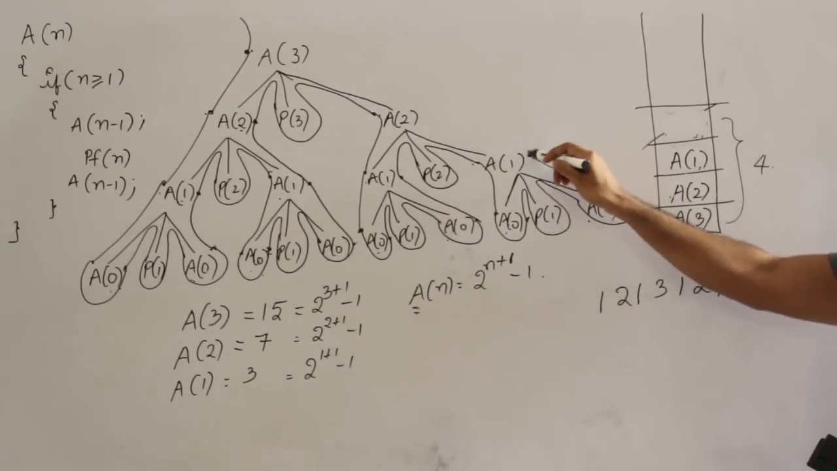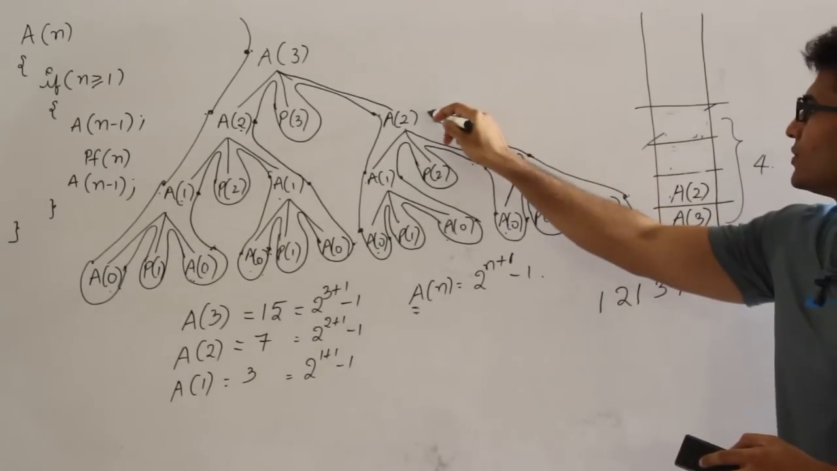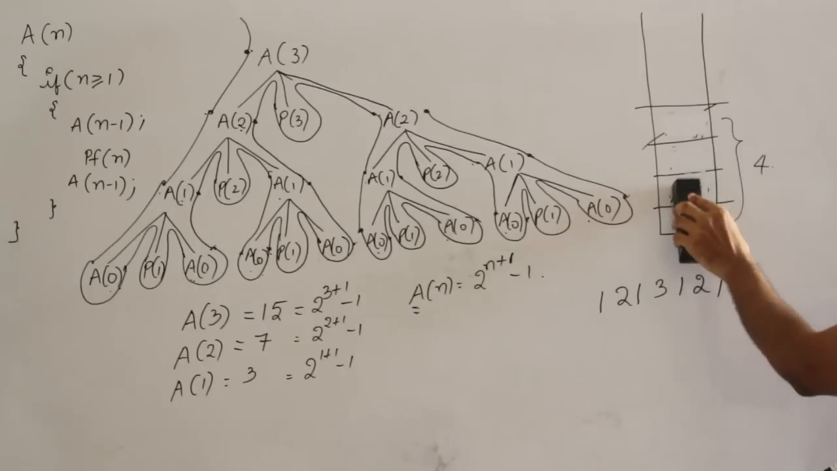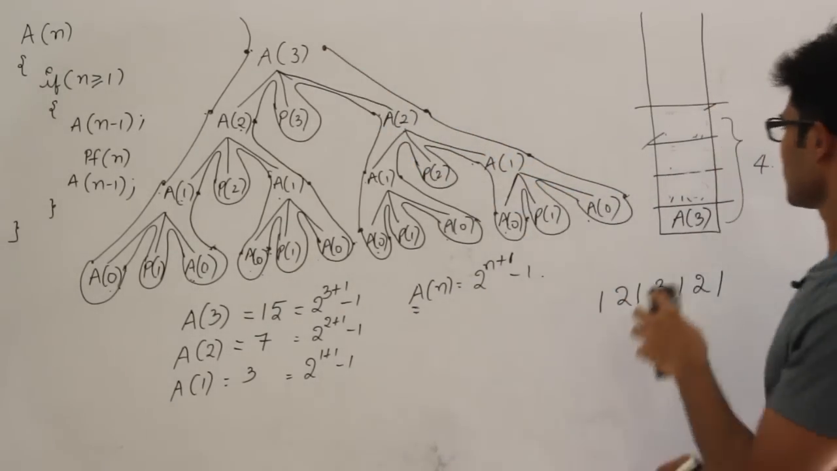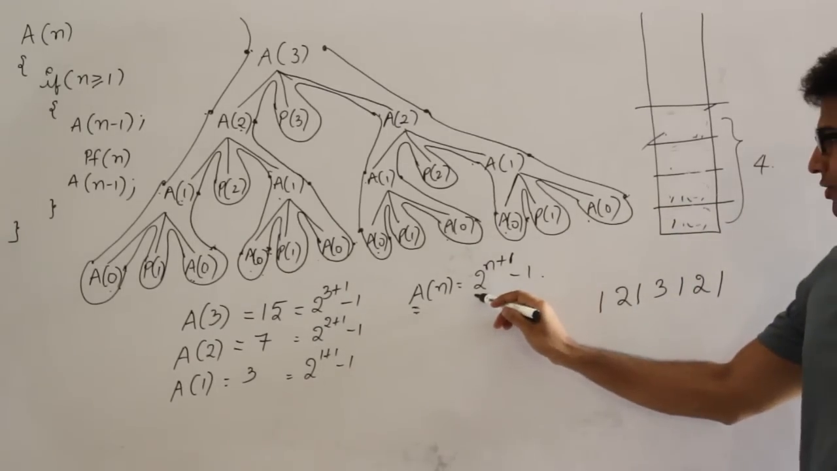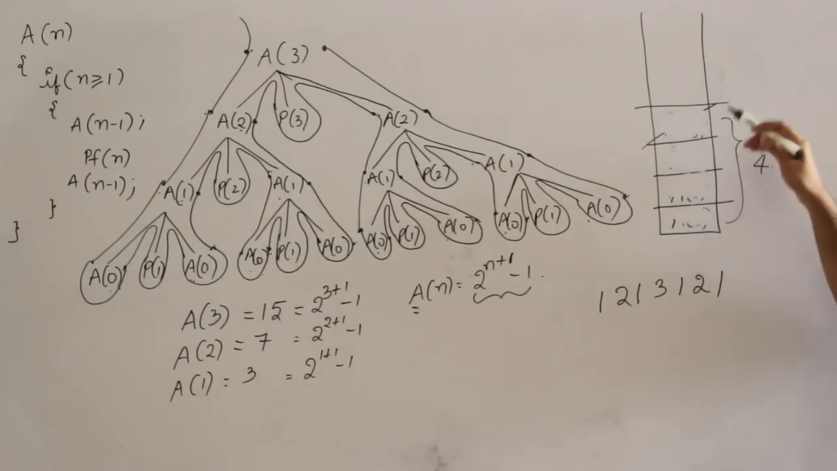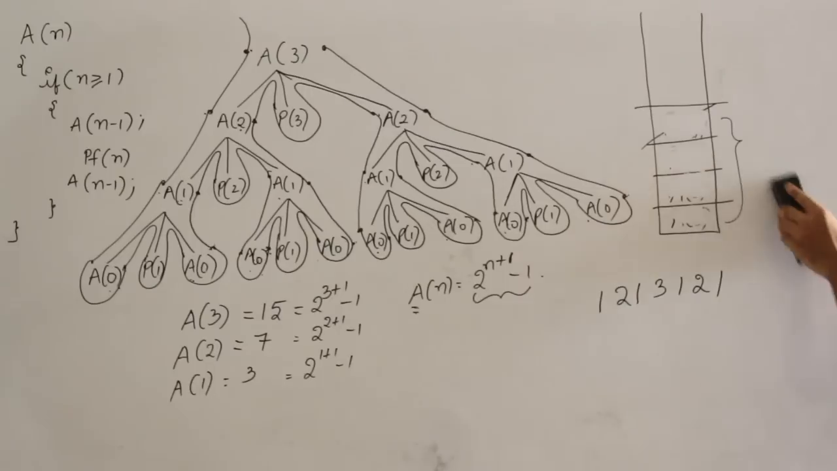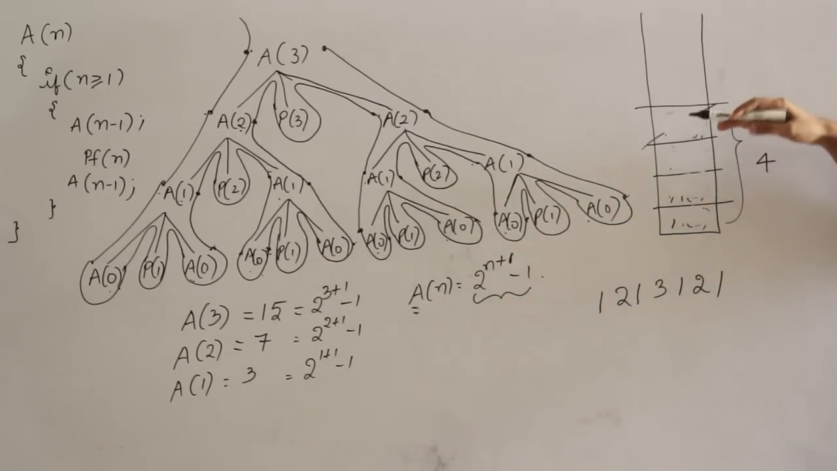And now A of 1 is visited last time, pop it off. A of 2 is visited last time, pop it off. A of 3 is visited for the last time, therefore pop it off. So even though the number of function calls required are 2 power n plus 1, actually the stack required only n plus 1 cells, which means in order to execute A of 3, I needed only 4 cells or 4